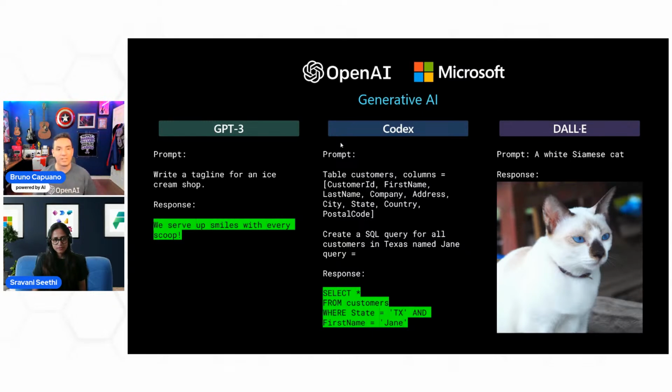So a white Siamese cat, a puppy playing soccer on the moon or something like this. This is kind of the idea. And I see a couple of questions